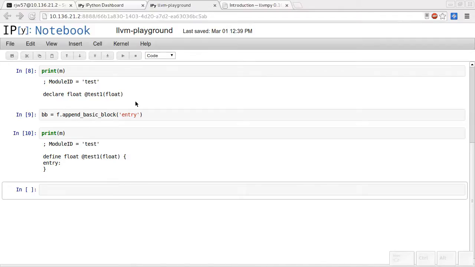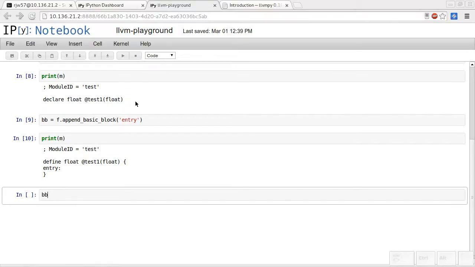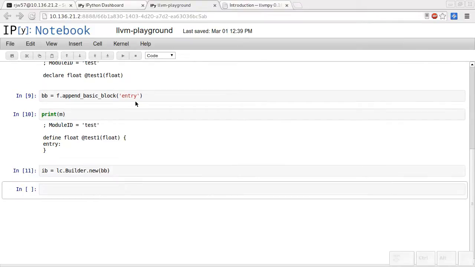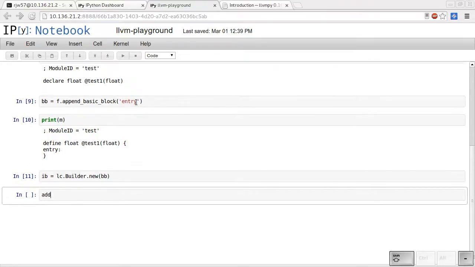I think the interface you do this by is something called an instruction builder, which do you get from the basic block? Or do you? No, that's right. So the instruction builder is done something like this. Is it new? So this will give me a class which lets me add instructions to that basic block. The first thing to do is going to be add things together. So I want add2 to be